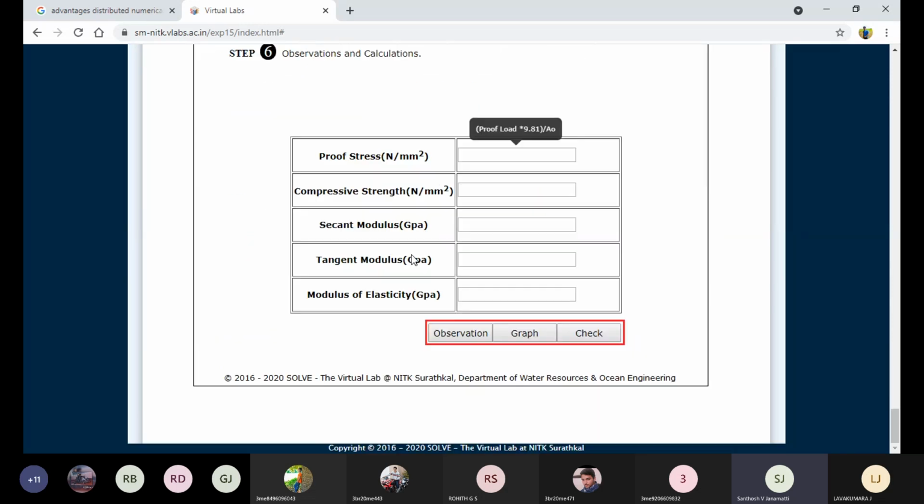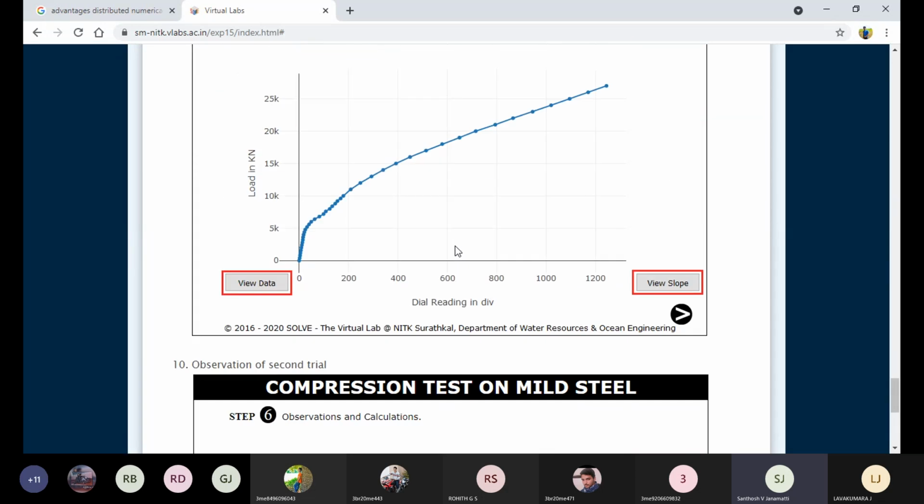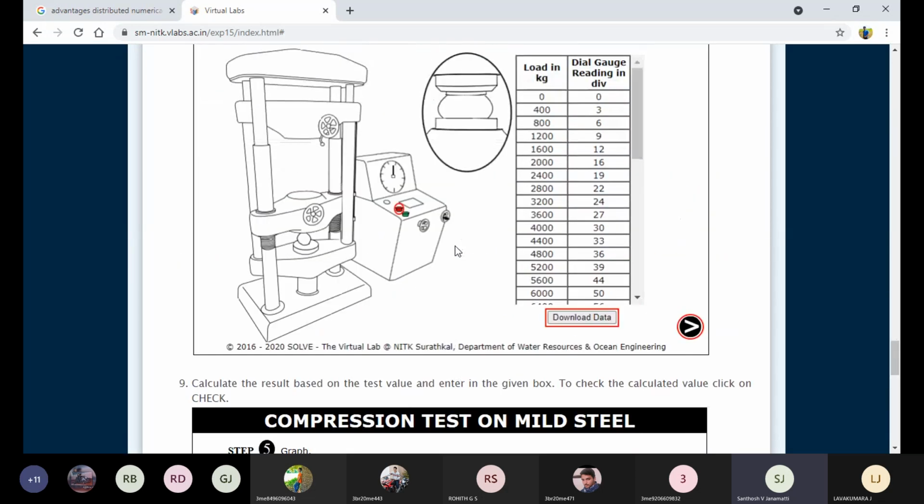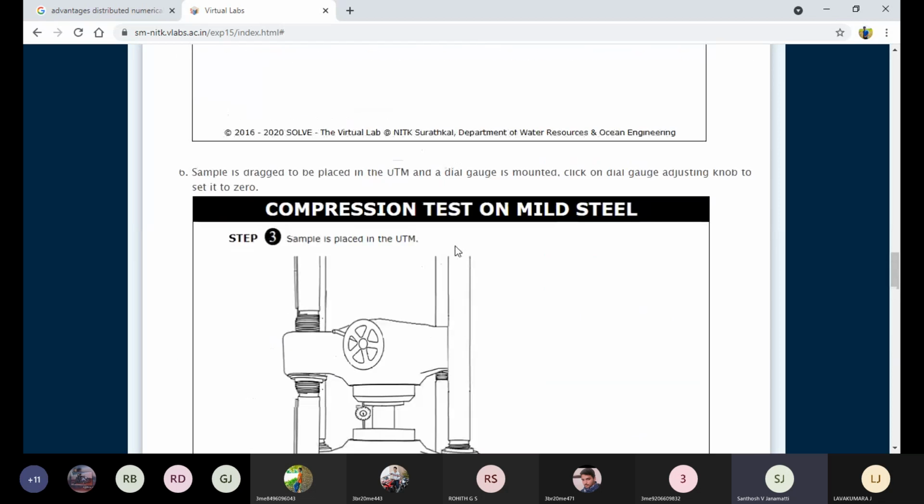Right now, we only need to calculate the compressive strength of the given sample as well as the Young's modulus. Suppose it is a straight line, definitely we need to calculate the Young's modulus and compressive strength, and the percentage of reduction in length and percentage of increase in area. These things you need to calculate in the compression test. After that your experiment will be completed, otherwise it will be incomplete. I hope you understand all these things.